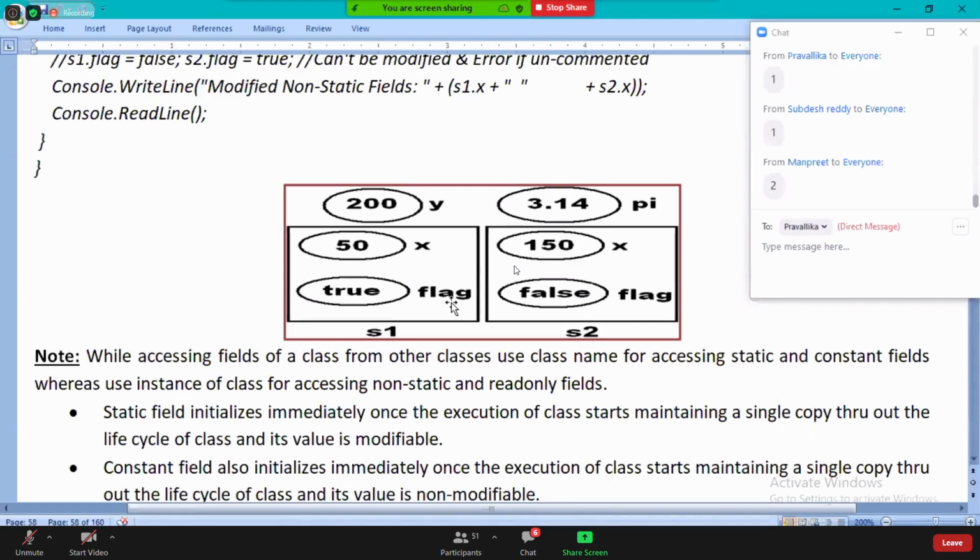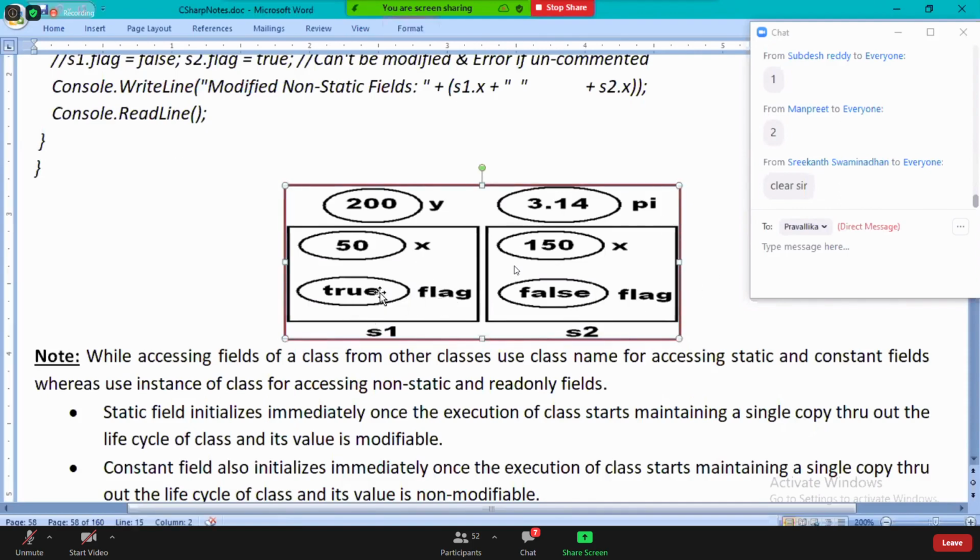I repeat, the behavior of a read-only field will be similar to the behavior of a non-static field. Are you clear? Understood everyone?